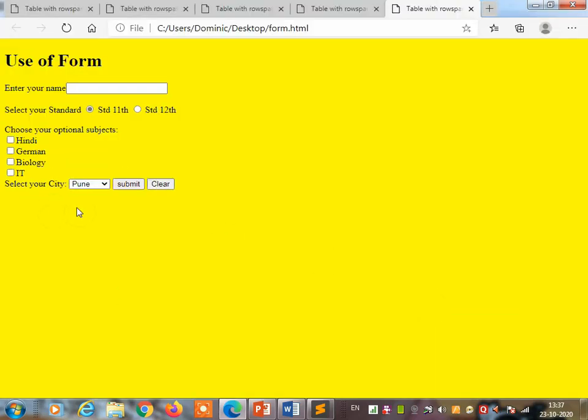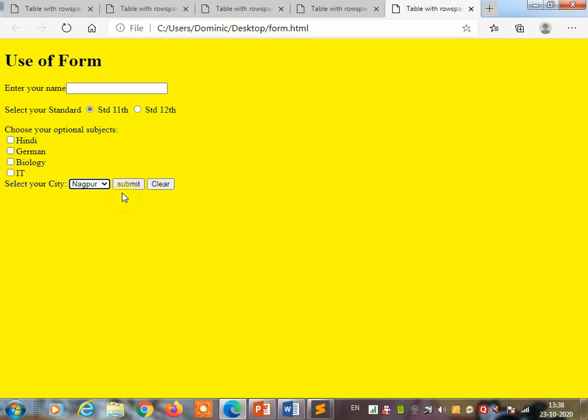Now you will get an output like this. Here, select your city: you can select the city from the drop down list. This is called a drop down list. Any one city you can select, Nagpur, and then you can click on the submit button or the clear button to clear the data. To submit the data to the server, you can click on the submit button.